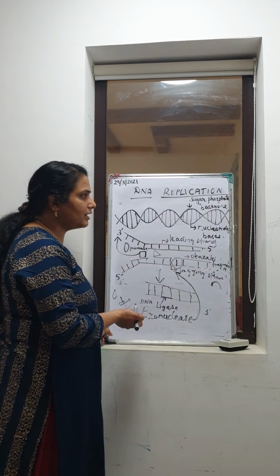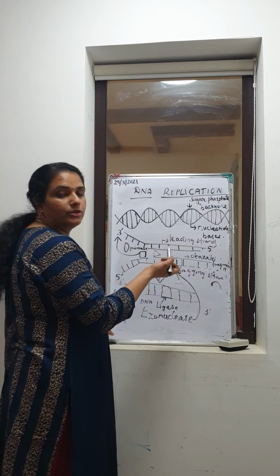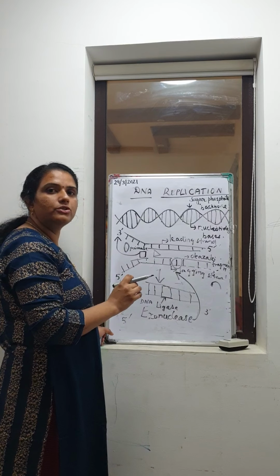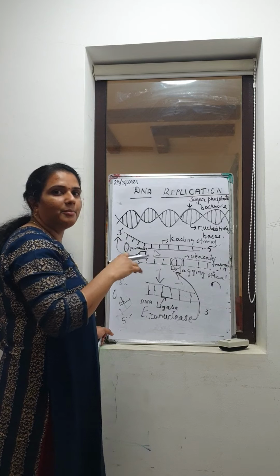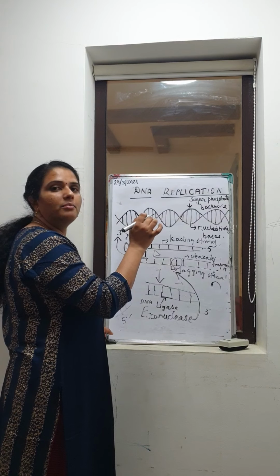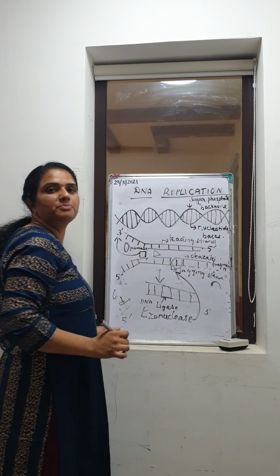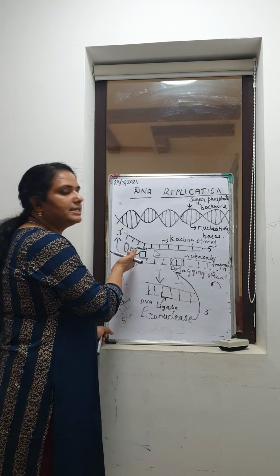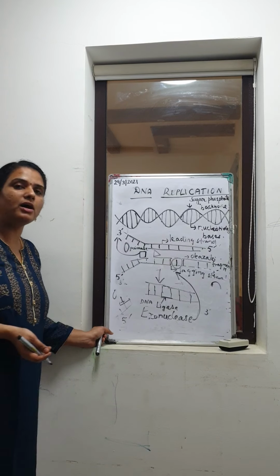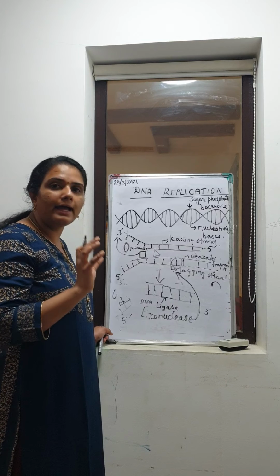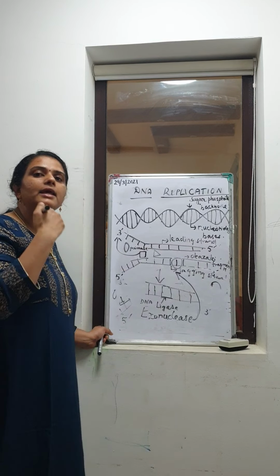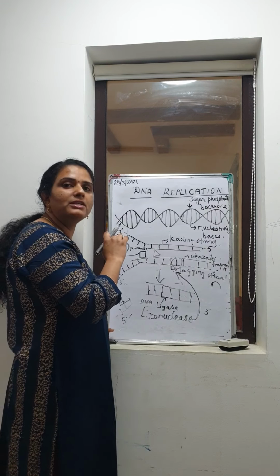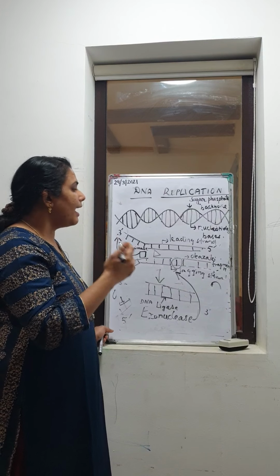Okay, understood? This is the overall process. The overall enzymes used: one is helicase, which is used to unwind. Then DNA polymerase is used to put the new nucleotide base pairs. But the DNA polymerase can only find the 3' end of the strand, and then primase is the enzyme which provides the RNA primer, and the RNA primer is like a guide for DNA polymerase. When the RNA primer comes into the strand, DNA polymerase starts adding the complementary nucleotide base pairs in the strand, and then what happens?